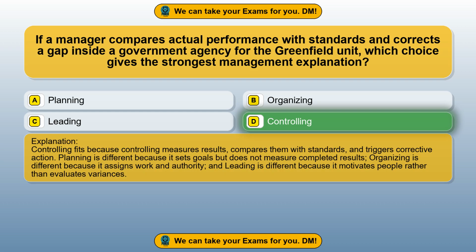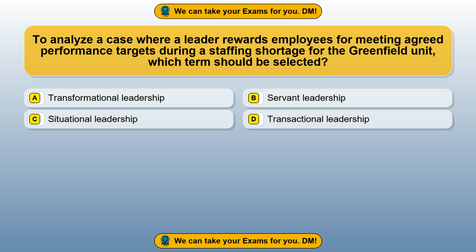Controlling fits because controlling measures results, compares them with standards and triggers corrective action. Planning is different because it sets goals but does not measure completed results. Organizing is different because it assigns work and authority, and leading is different because it motivates people rather than evaluates variances. Question 58. To analyze a case where a leader rewards employees for meeting agreed performance targets during a staffing